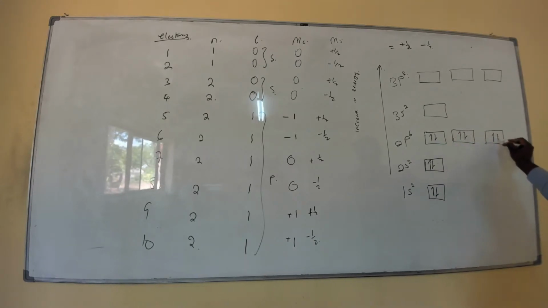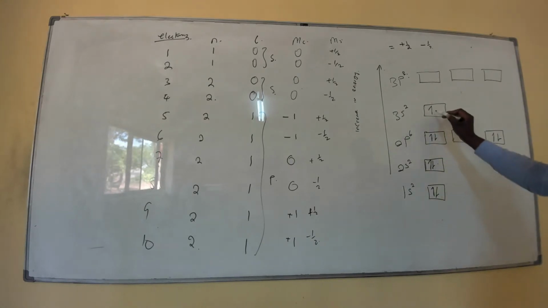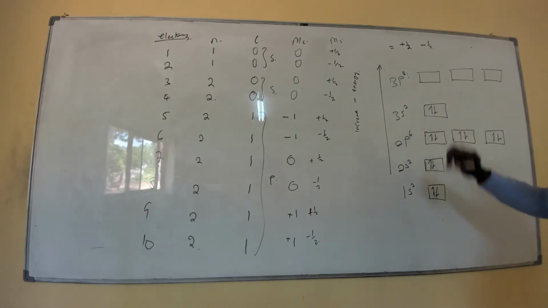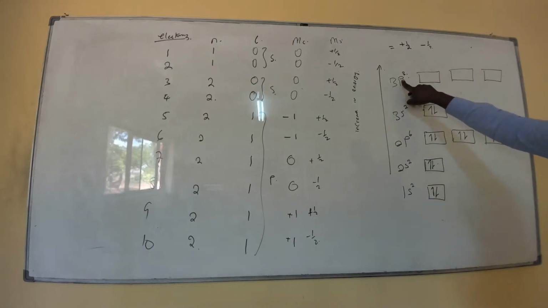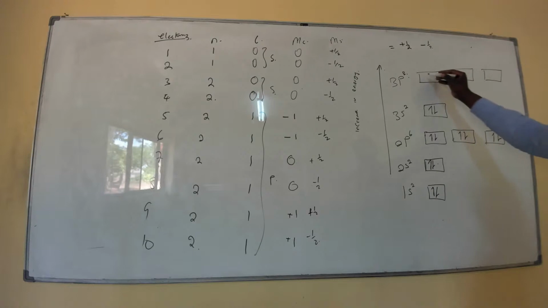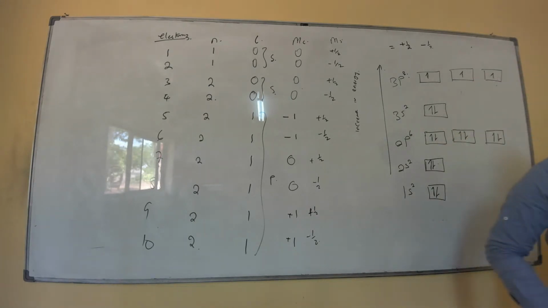Pair, pair, pair. 6. Same applies here. First singly filled, then you pair. If there's an excess of electrons, you go to the next energy level. Now here there are only 3 electrons and 3 orbitals, so there will be half, half, half, like that. That's how you represent the electronic configuration of the structure. And I think with this and with your studying,